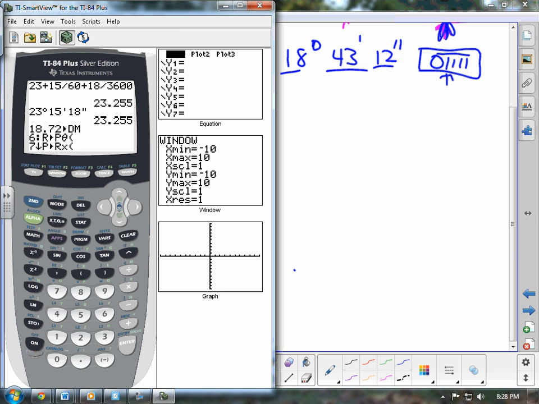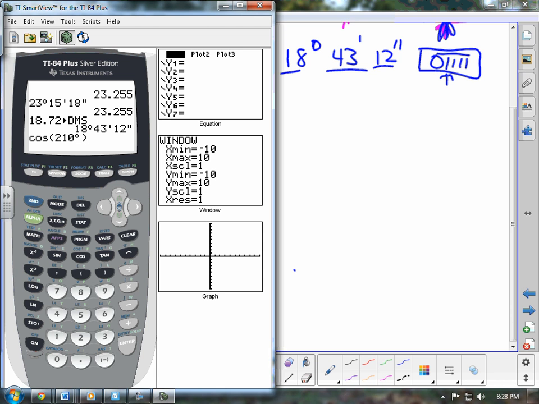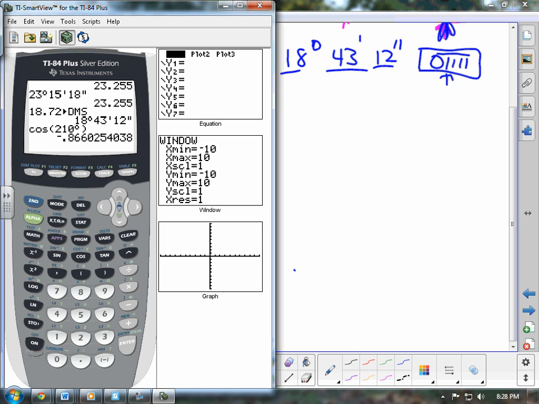And we've got to put the degree symbol since we're in radian mode, enclose it in parentheses, and hit enter. And you get a negative 0.86602, and so on and so forth. And so now that's cosine. We're looking for secant, so we have to do the reciprocal of that. So you would want to use the x to the -1 button. On a TI, it is right here. On a Casio, I think it's the shift of something by the parenthesis. So you just hit x to the -1 and enter, and you get a